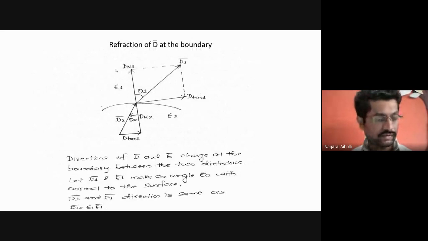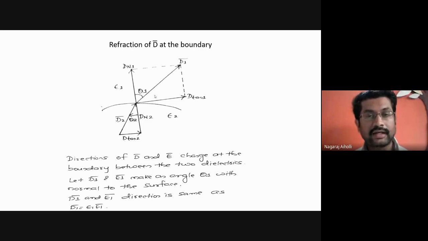Next is refraction of D bar at the boundary. Here we are considering the refraction process. All of you know about the refraction process, refraction of light. Correct? In your PU level, you have studied in physics, refraction of light energy. Here we are studying refraction of electromagnetic waves in this subject. So when it is refraction of the electromagnetic waves from media 1 to media 2, what will happen? The waves will bend when they move from one medium to another medium. That is what we call refraction.